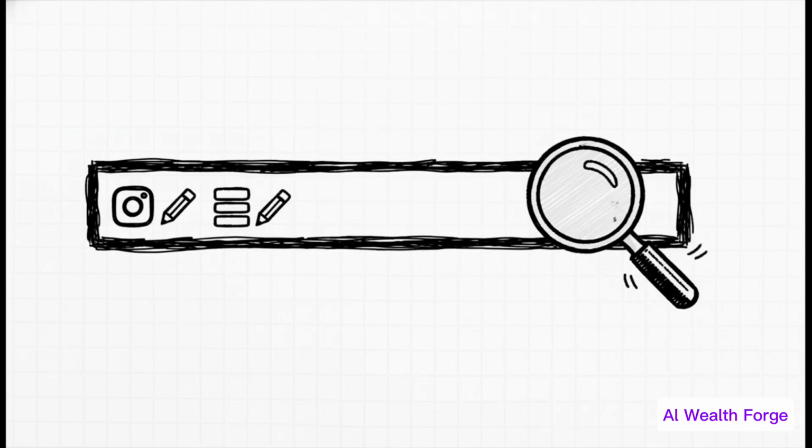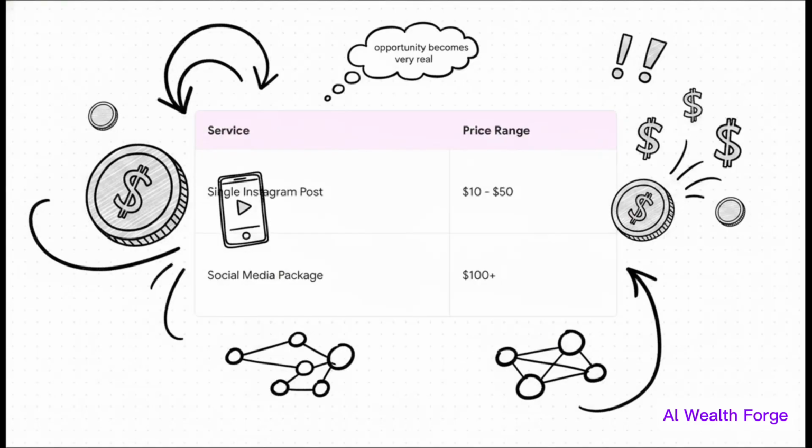And you don't even have to guess what to look for. Just type in something like Instagram content writing or social media posts. What you're doing is basically plugging your new service right into this huge flowing river of people who are already looking to pay for this stuff. And just look at these numbers. Seriously, we're not talking about a few cents here. People are paying real money. $10, $20, even $50 for one single post. A post that, remember, takes you just seconds to create with AI. This is where it all clicks, and you see how real this opportunity is.